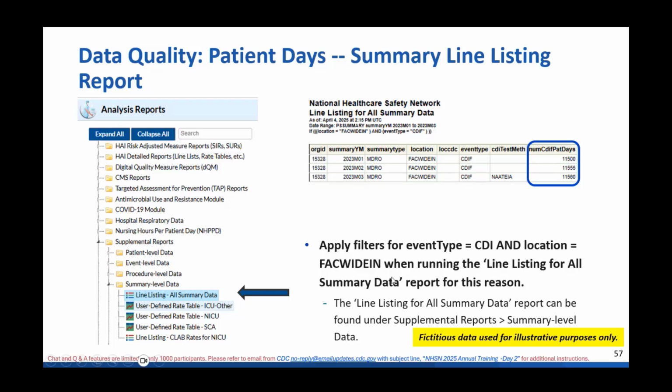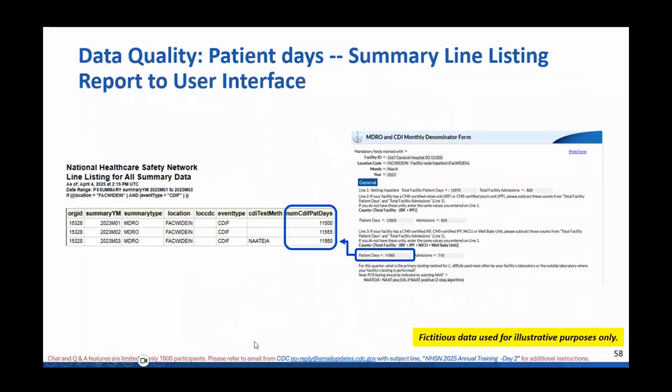For CDI, I would recommend that you apply filters. These filters are such that the event type equals CDI and location equals FACWhiteN. And again, this will just reduce the size of the table and allow you to see exactly what you're looking to see. But if you don't want to use the report, you're able to review the actual data entry area,